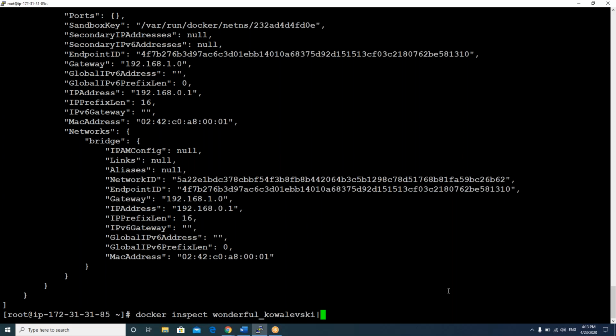What is the use of the pipe symbol? Here, the first command, whatever it might be, not only a Docker command, but ls, pwd, its output is generally printed on your screen, right? But I can forward that output to a second command.